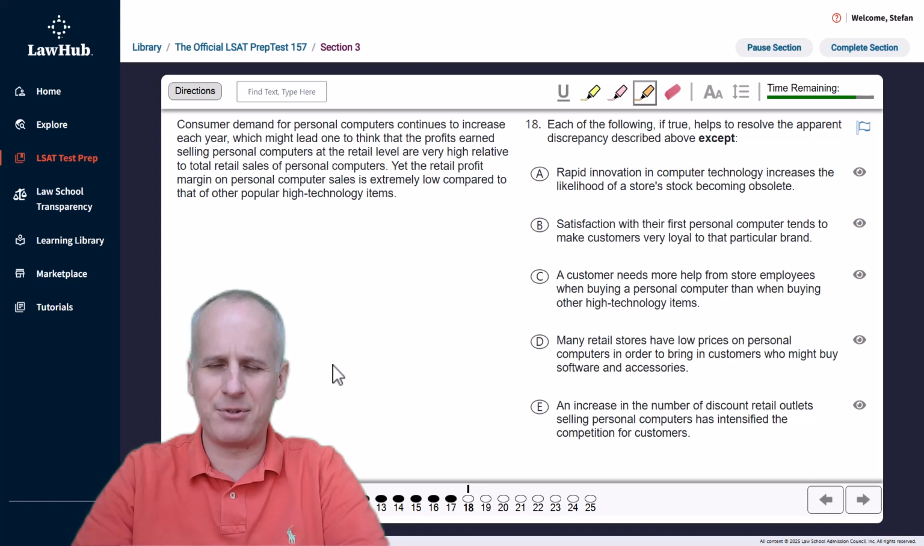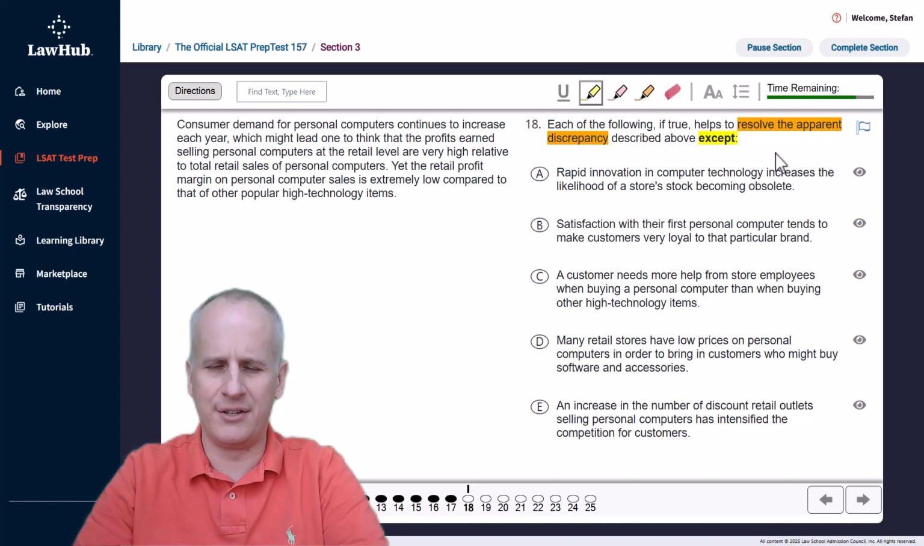Whenever we have an exception task, such as number 18, we'll need to use two highlight colors. First, we want to highlight the task in the affirmative. We want to resolve the apparent discrepancy, but we need to highlight the exception term in yellow so that we distinguish between the four answer choices that will affirmatively resolve the discrepancy and the one correct answer choice that does